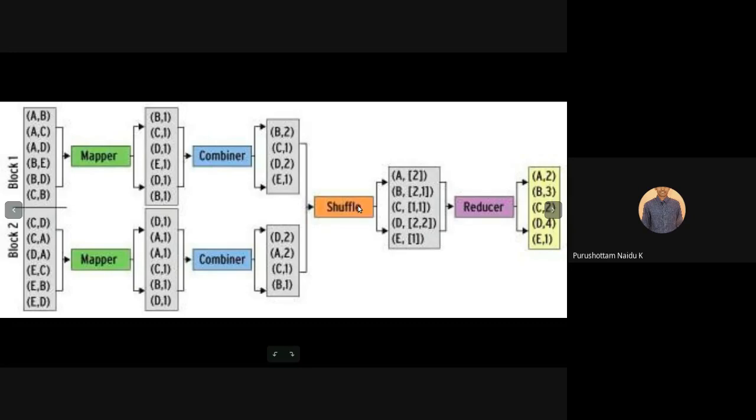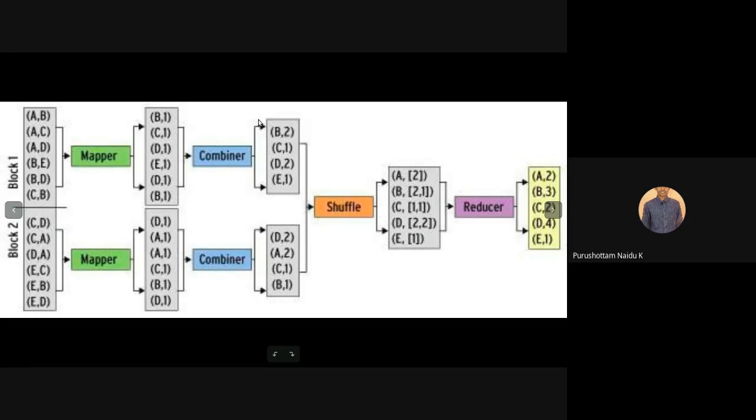So here A, comma, 1, comma, 1. That is the actual output of shuffling and sorting if you're not using the combiner. That is A: 1, 1; B: 1, 1, 1; C: 1, 1; D: 1, 1, 1, 1; E: 1. That's the output of shuffle if you're not using the combiner.